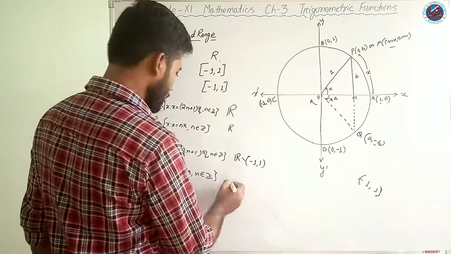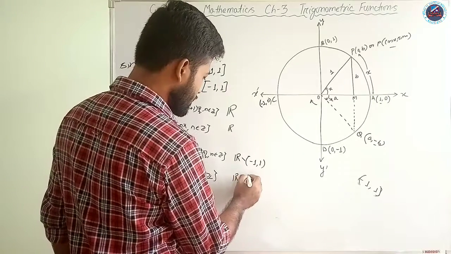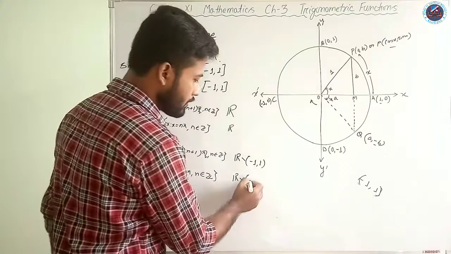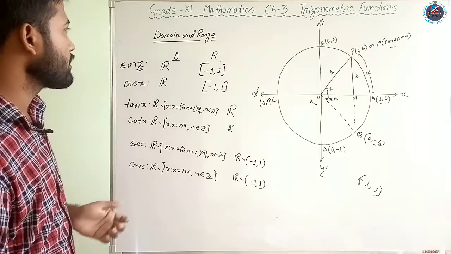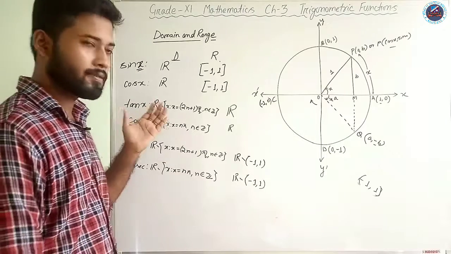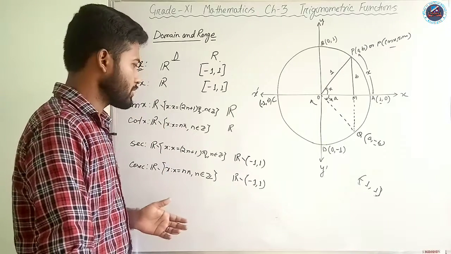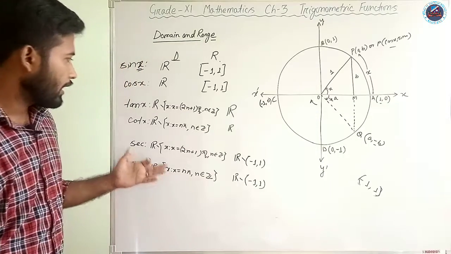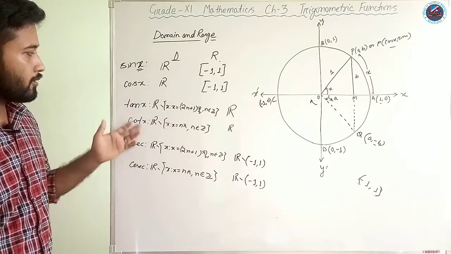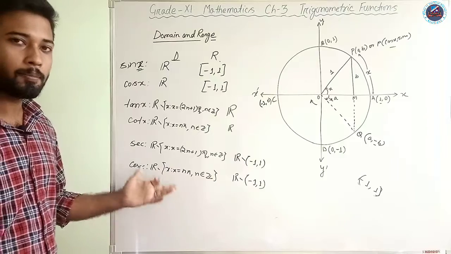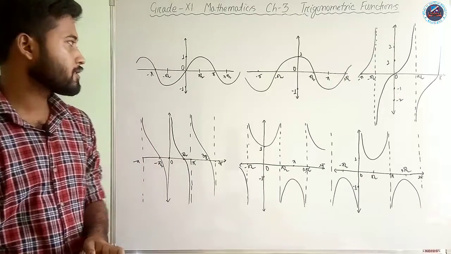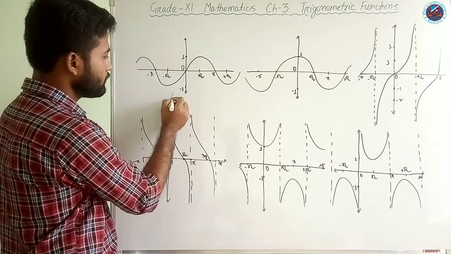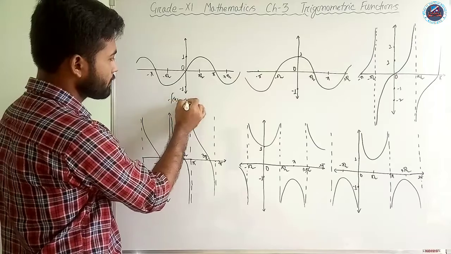Okay. And what about the cosec? This is also the same. You can just check it by putting in the values. So these are the domains and ranges of the trigonometric functions, and this is really very important to study further mathematics. And using this domain and range, we can plot the graphs of these. Now let us see the graphs of the functions. So here this is the graph of sin x.